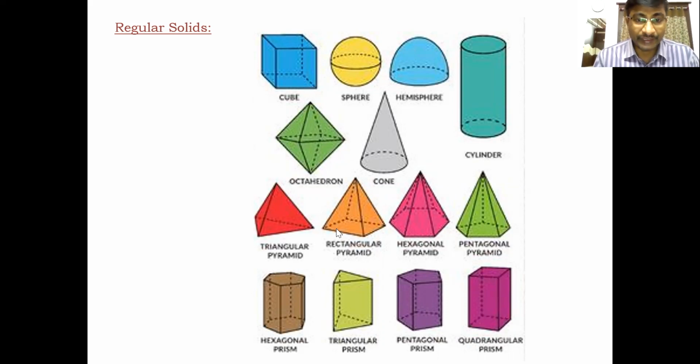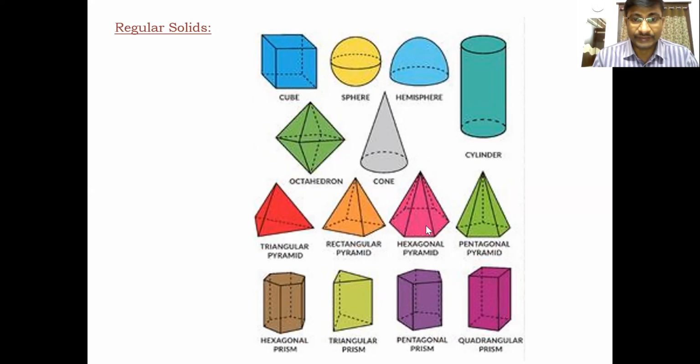But pyramids have only one base. Pyramids have only one base and one apex. Apex means the point at which we connect the longer slant edges. It's a single point, called the apex. The apex connects with the base corners with slant, longer edges, and those slant longer edges form triangular faces.